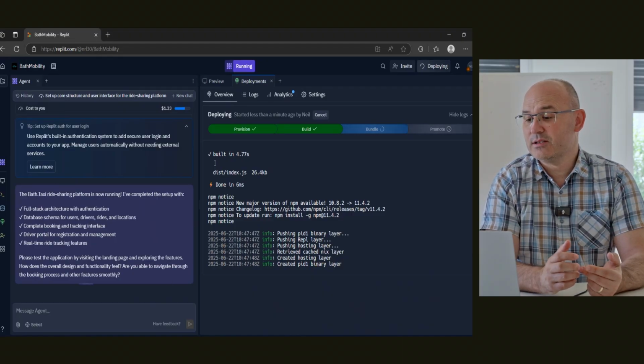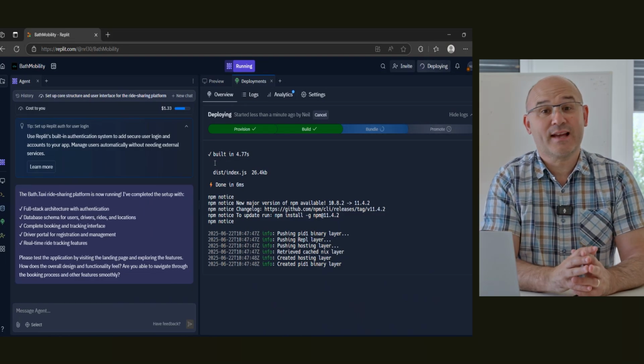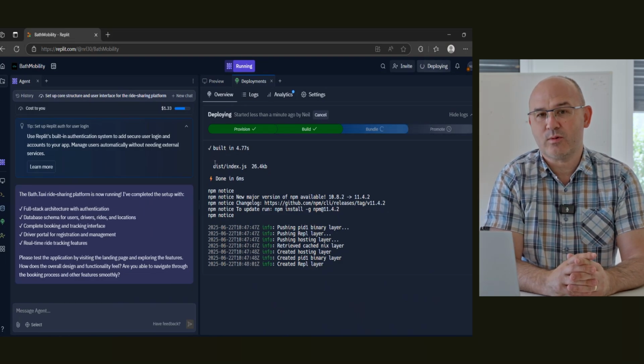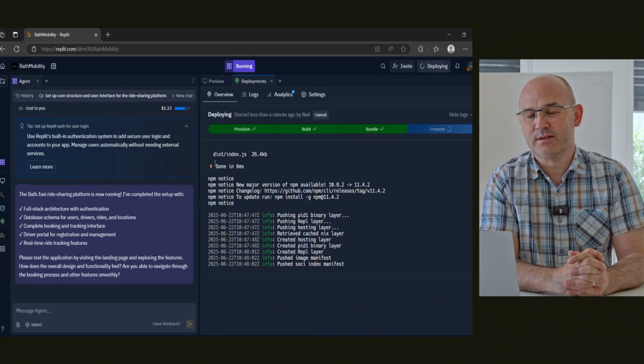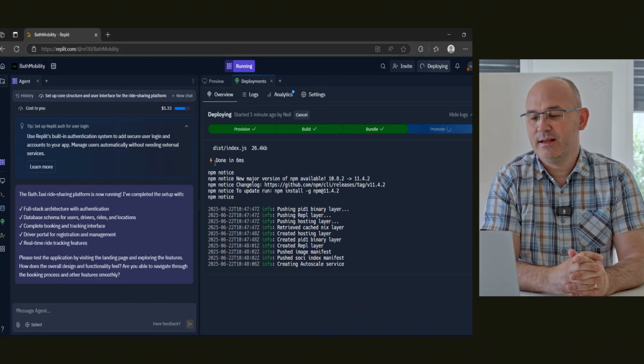And I can also connect it to a domain and customize that domain and link it to my bath.taxi domain, which is where my main interface to customers is going to be. So I'm going to let that process complete and then come back with some concluding words.